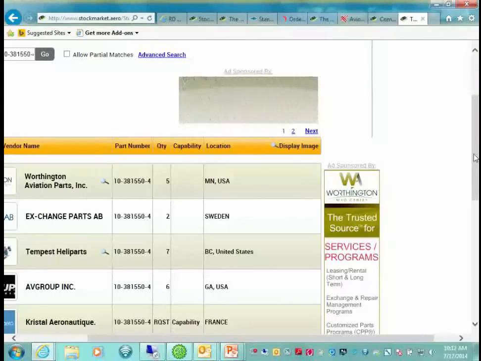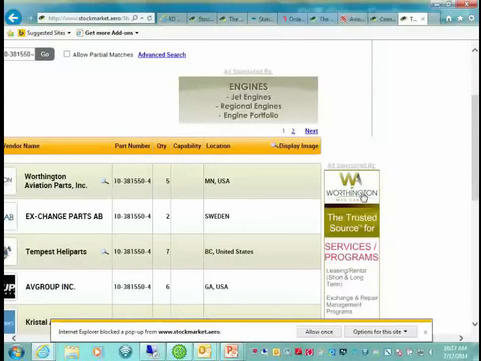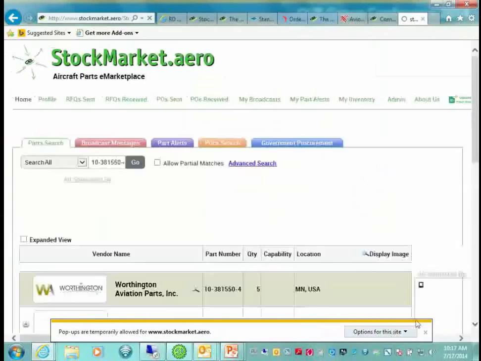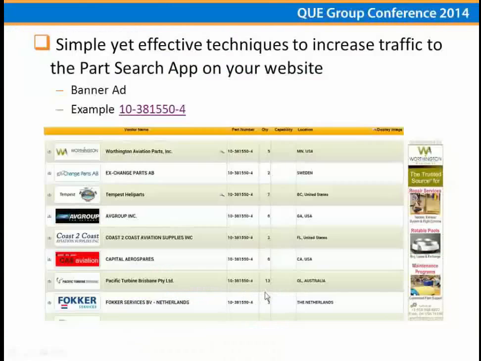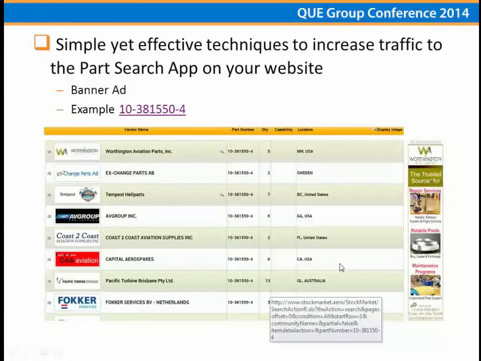And most importantly, by clicking on the banner, there you go. By clicking on the banner, buyers get redirected back to their website in order to get more information on the company or just to use the search feature or the Quantum portal. So again, very effective way to gain more exposure and redirect the traffic we get on a daily basis back to your website. Now, for those of you who are wondering what kind of traffic and what kind of statistics we have on stock market,